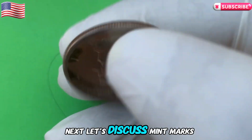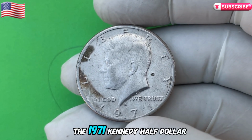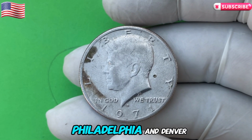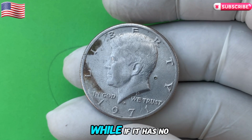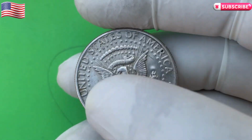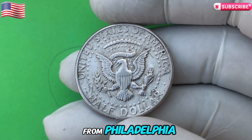Next, let's discuss mint marks. Mint marks are important because they tell you where the coin was made. The 1971 Kennedy $50 was minted at two different locations, Philadelphia and Denver. If your coin has a D mint mark, it was made in Denver, while if it has no mint mark at all, it was struck in Philadelphia. The 1971 D variety is generally more common, but some collectors prefer coins from Philadelphia because they were made in